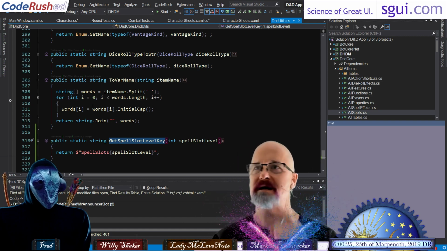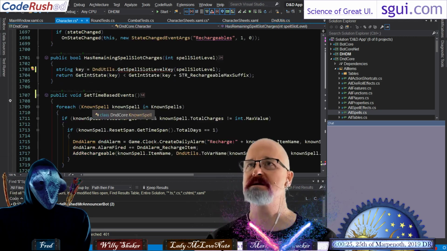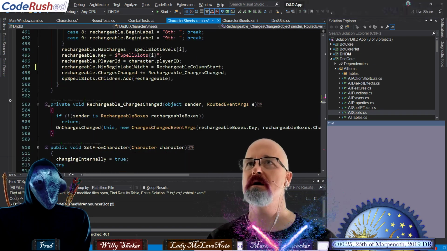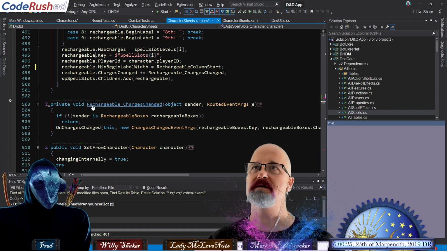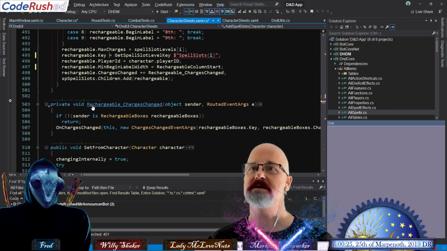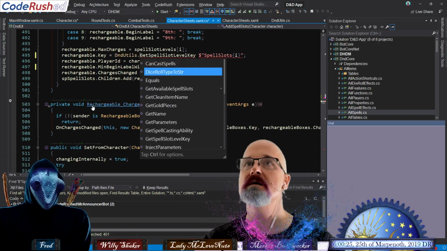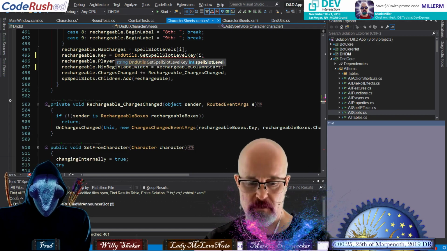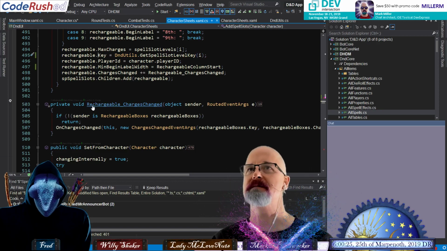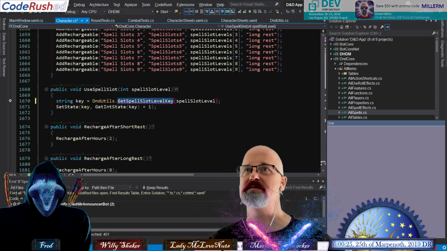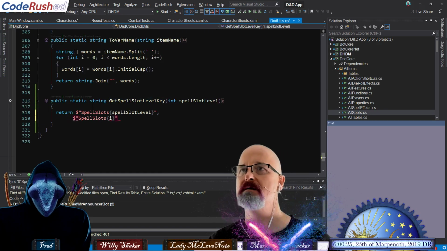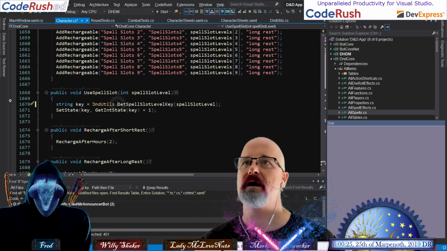Now that's identical to what we were looking at before in that spell slots. So let's go find our way back over there. I'm just hitting escape to get back to where we were. There it is. This now needs to become D&D utils, that and passing in I. Right there. So now we've got one place where we generate that key. Just to jump in, I pasted this on the clipboard. Let's jump into it and just make sure it's identical. And it is. I'm confirming it's identical. Okay, so we're not changing any code. All right, jumping back.